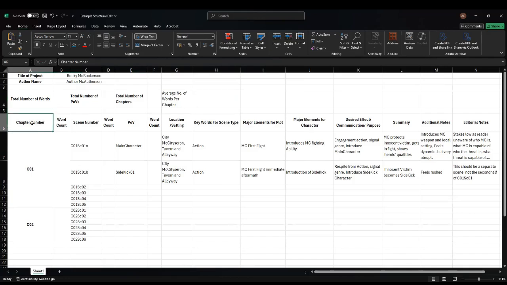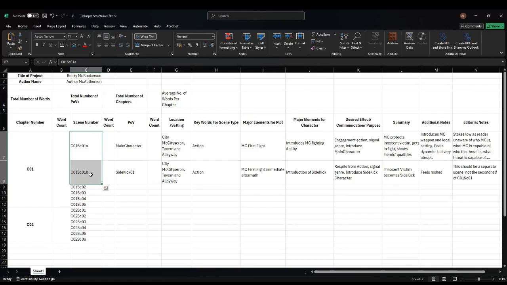But chapter number. So chapter 1, chapter 2. The word count in that chapter, so you can fill that in. The scene number. Chapters are typically made up of several scenes. So this helps us have a breakdown of all the different scenes that are within a chapter. So now we can see the number of scenes. And here there's a scene number 1 and it's 1A, and scene 1, but it's 1B, because it's one scene